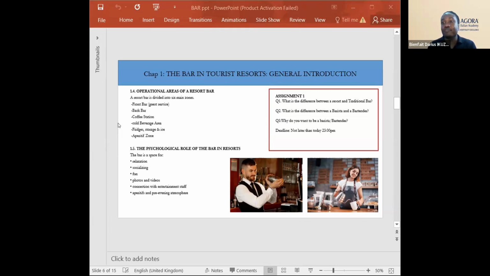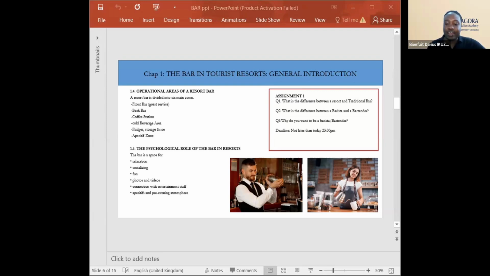And we do have different uniforms, so you have to make sure that they are really clean and you look really tidy. If you look so good, it will be even easier to practice it at the bar. So the bar won't look bad if you are a clean person, of course.